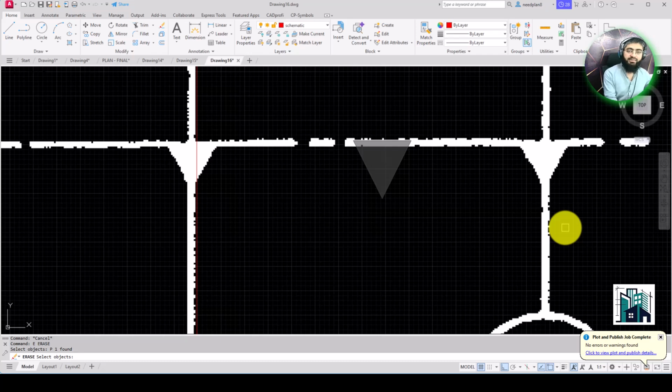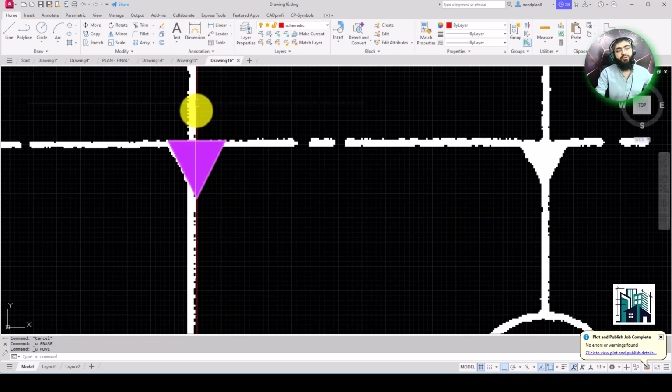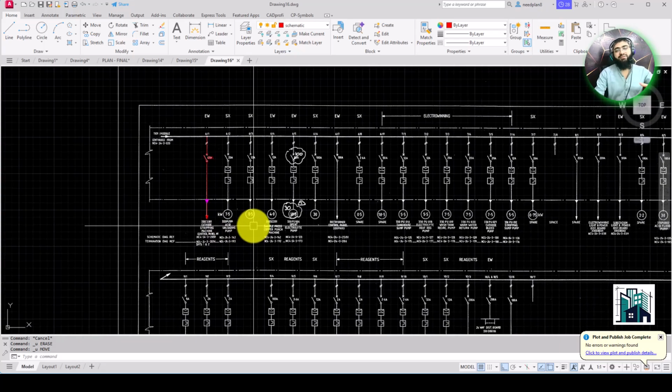When I click P enter, that object has been selected easily, and I'm going to click enter again, then that object will erase. Okay, so in this way you can select an object which you have selected previously. You will just have to select using P. Okay, P means previous object.